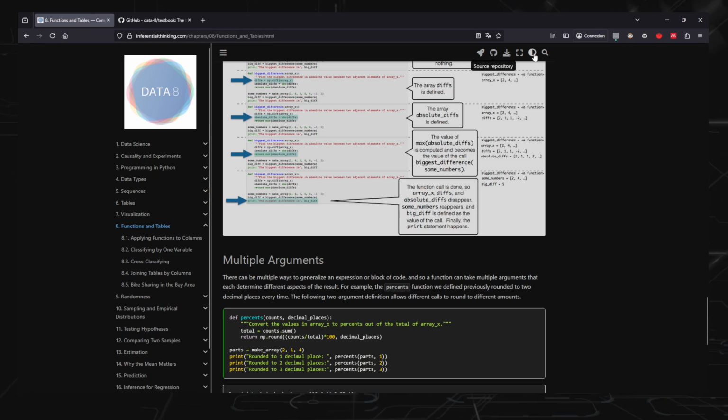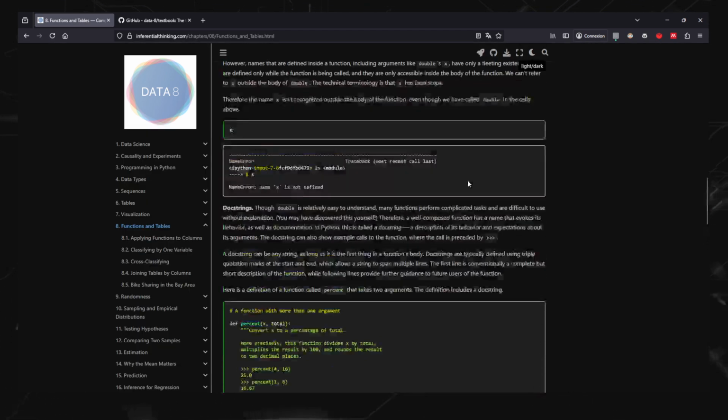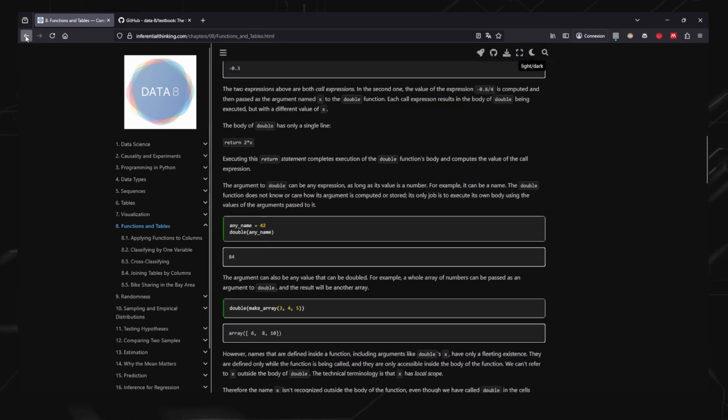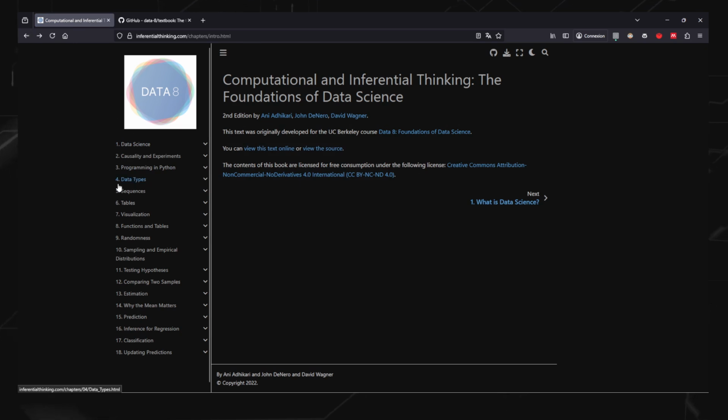And you can change to dark mode. Most of the time, any coder, I do not like the light mode, prefer the dark one. And yeah, that's basically the structure of the book. You have the section on the left with all the chapters, and in the center you have the content,